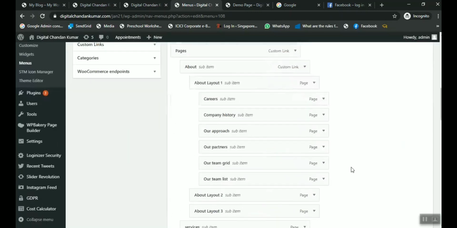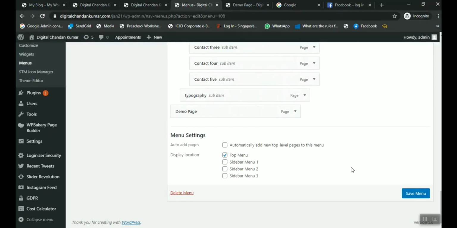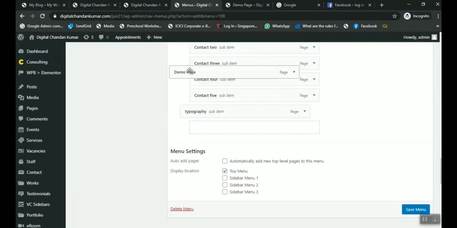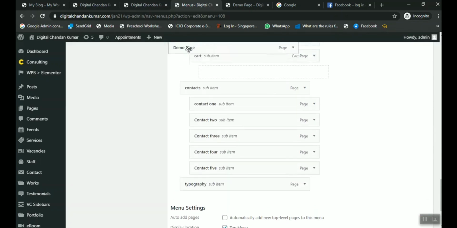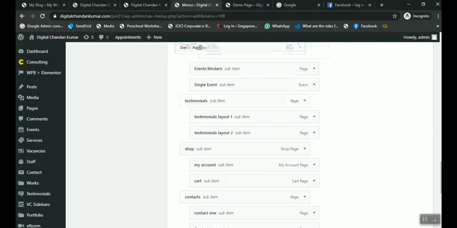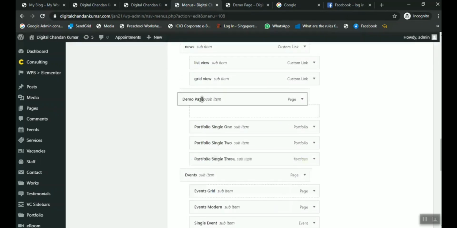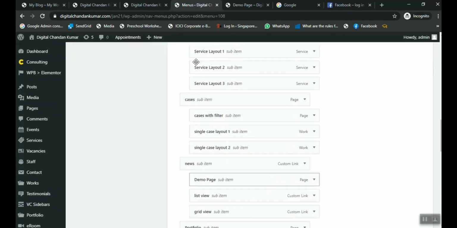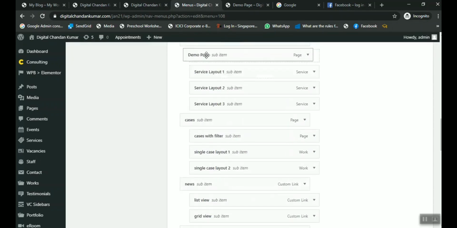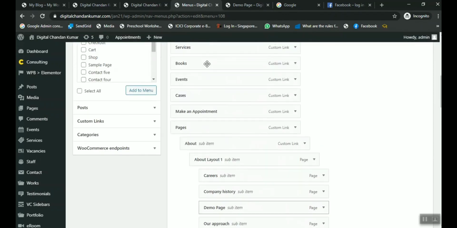So what we will do here, just simply move back and click on the demo page, and we move it to the top of the page and see. Simply I have just clicked the demo page and we are moving it to the top of the page, and again from here I will move it to the more top because I don't want to put it under the menu. So we just simply browse slowly, we have to move it up. Here it is coming, demo page here, new one. Again go here, demo page is here again. Simply click here and leave it here, then just click on demo here too.